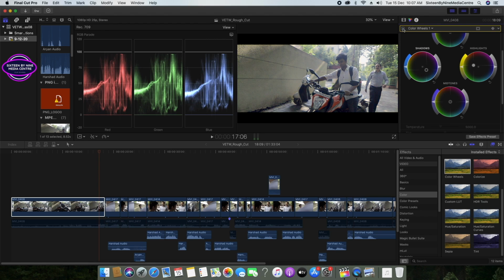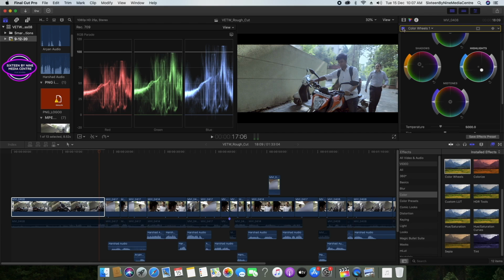This is one look. You can see the difference. You can change the look also. You can make it cold highlights and warm shadows. It will look like this. Cold highlights.